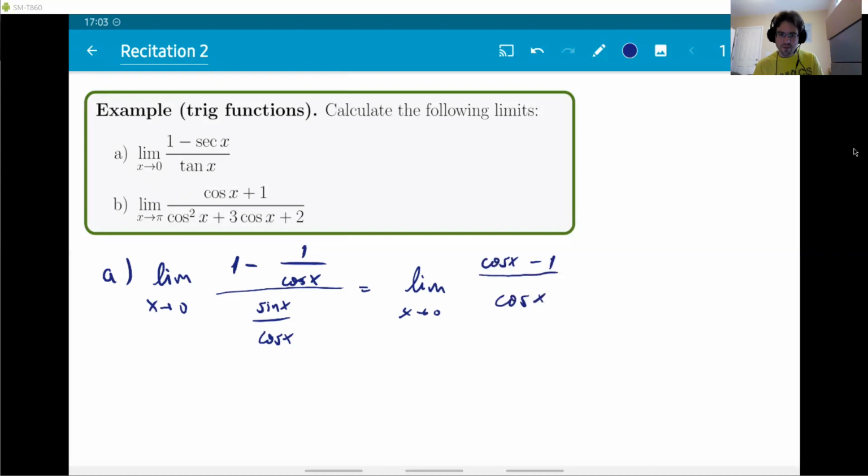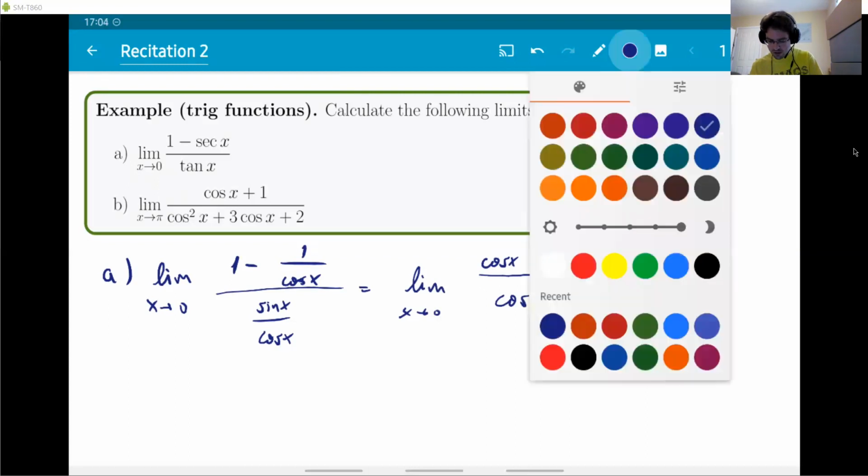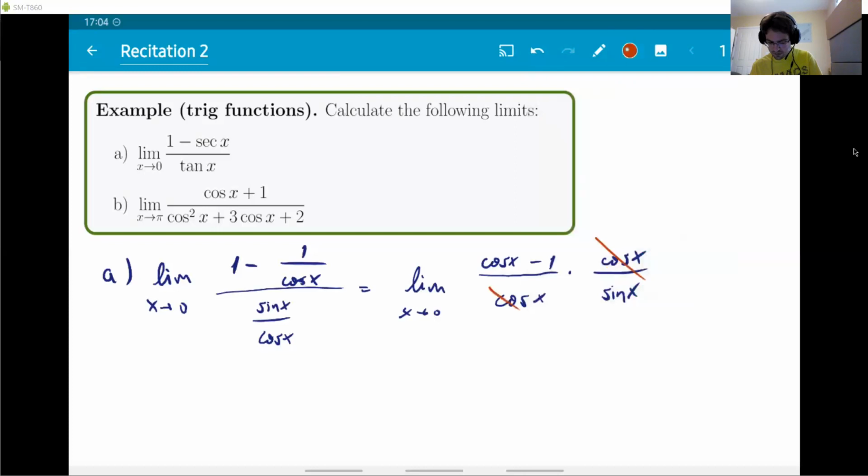This is the numerator. Now this denominator is also a fraction, so I'm going to instead be writing its reciprocal in front of the fraction that we had already. That's how you divide by a fraction. You just multiply by its reciprocal. And you see now that the cosines are going to go away. There is a cancellation here. This leaves you with just cosine of x minus 1